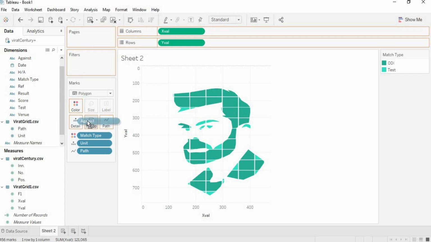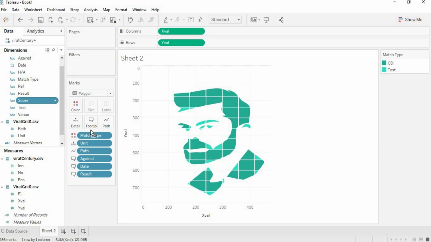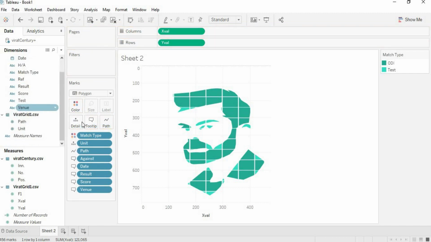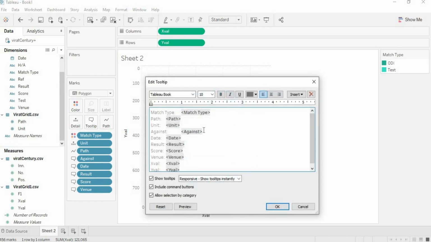Now drag and drop all the dimensions that are required to be displayed in the tooltip. So I need to show date, result, score, not test, value. Click on tooltip.